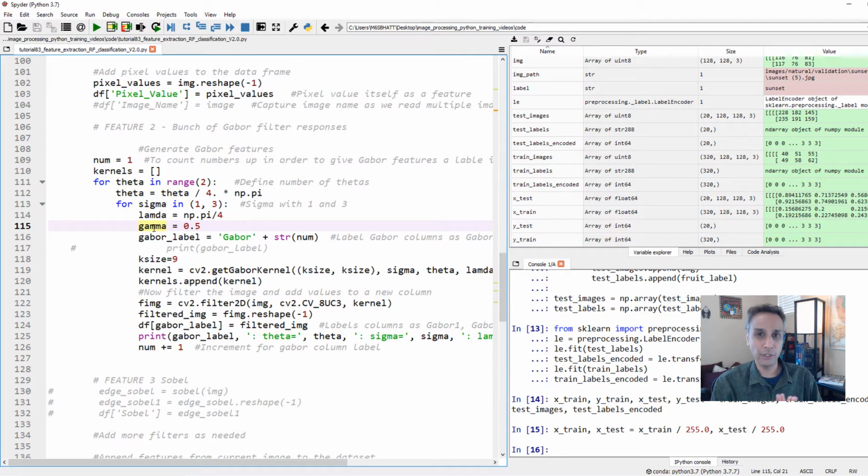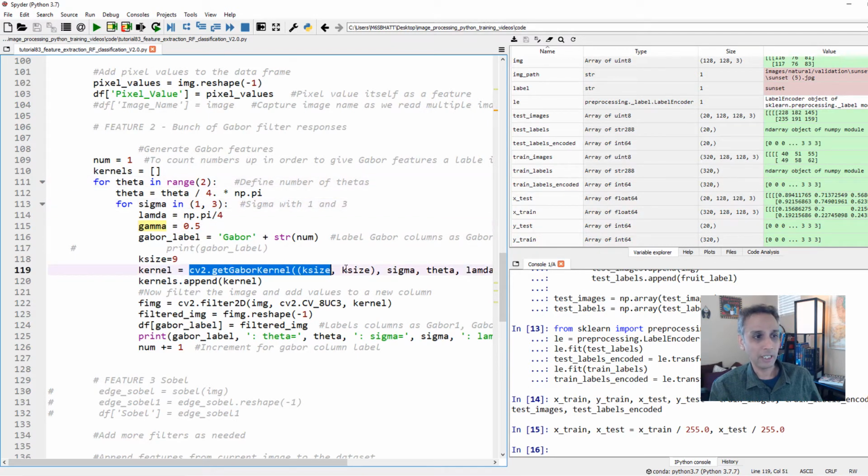But then it depends whether your system can handle that many features. For now, I'm just changing theta and sigma. That's it. Please go ahead and experiment. For our pixel segmentation or image segmentation, we also changed lambda and gamma and generated a whole bunch of features. So I leave that for you as a take-home homework to work on, if you would like to really get better at this. So all we are doing is, okay, we are changing theta, sigma, lambda, and then we